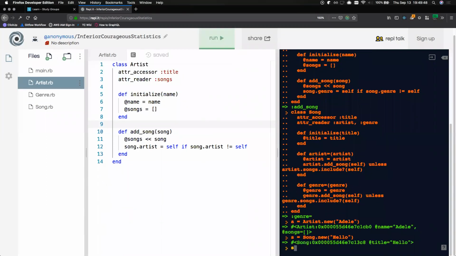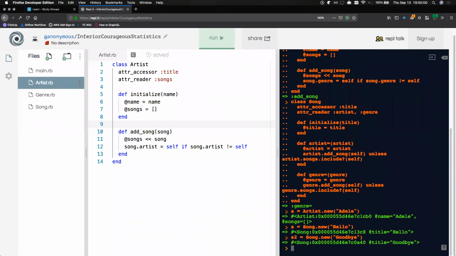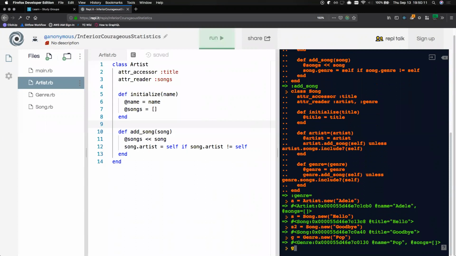What else? s2 equals song, genre. We could say pop. I know it's not country, but